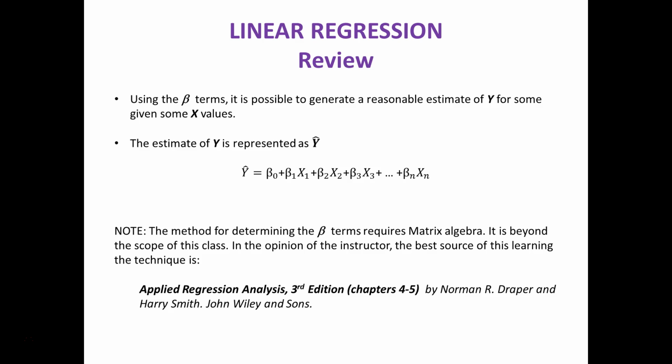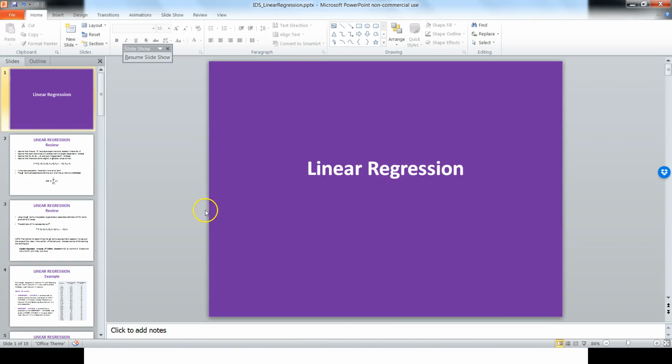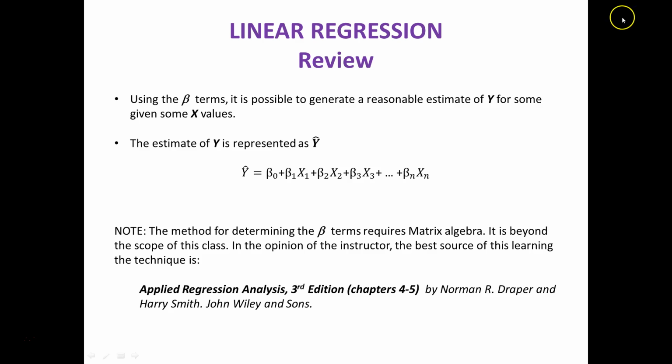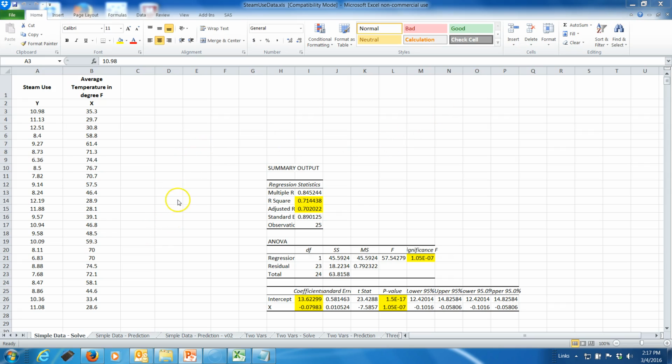So let's go back real quick. Let's just go old school here. Let's go back to our Microsoft Excel, and remember we had all of this data here, and this was the average temperature, and then we were trying to predict the steam usage. And remember, when we calculated that, Excel told us that if you multiplied the average temperature by this number right here, and added 13.6 to it, that would be a real good approximation for